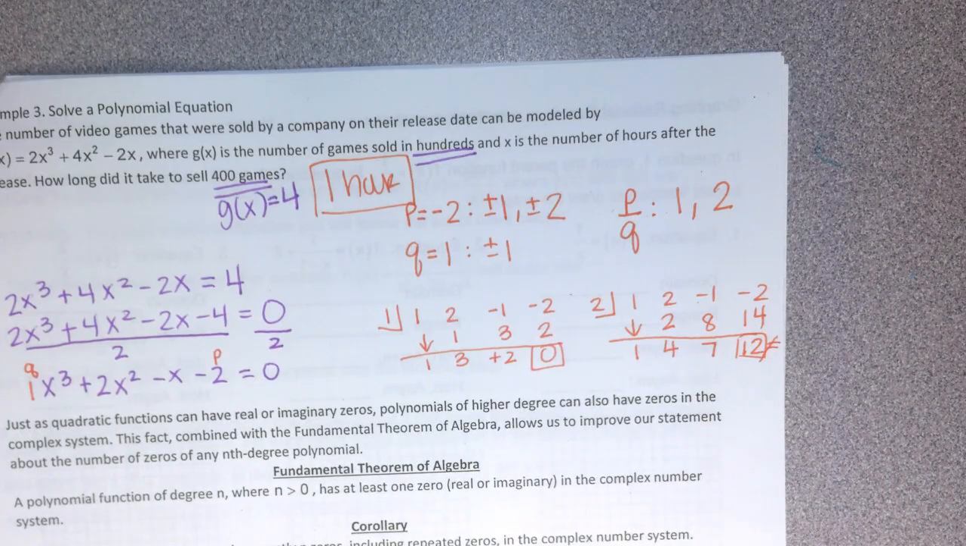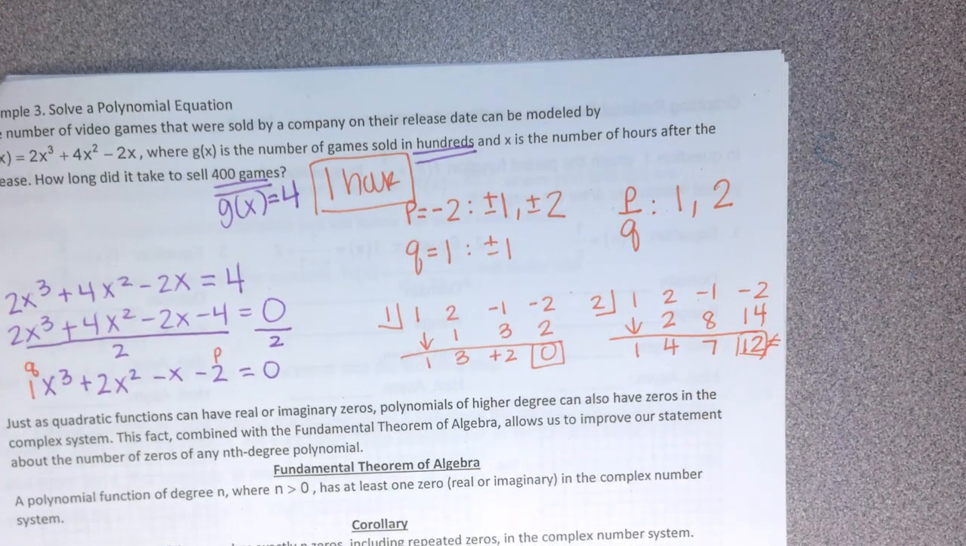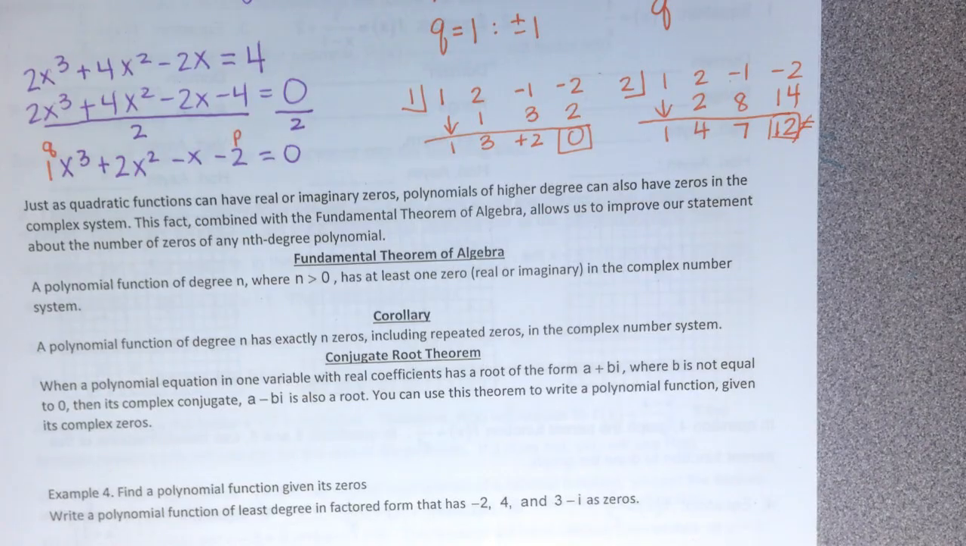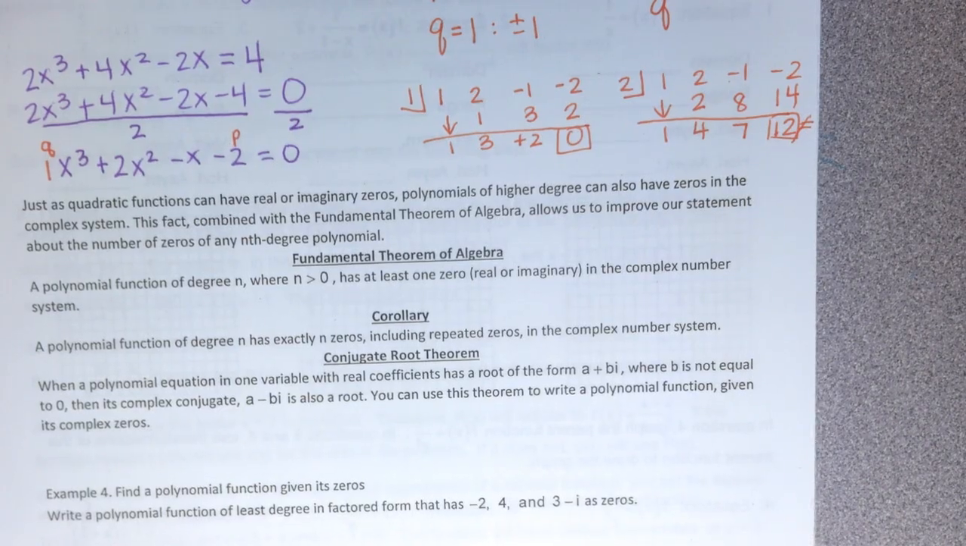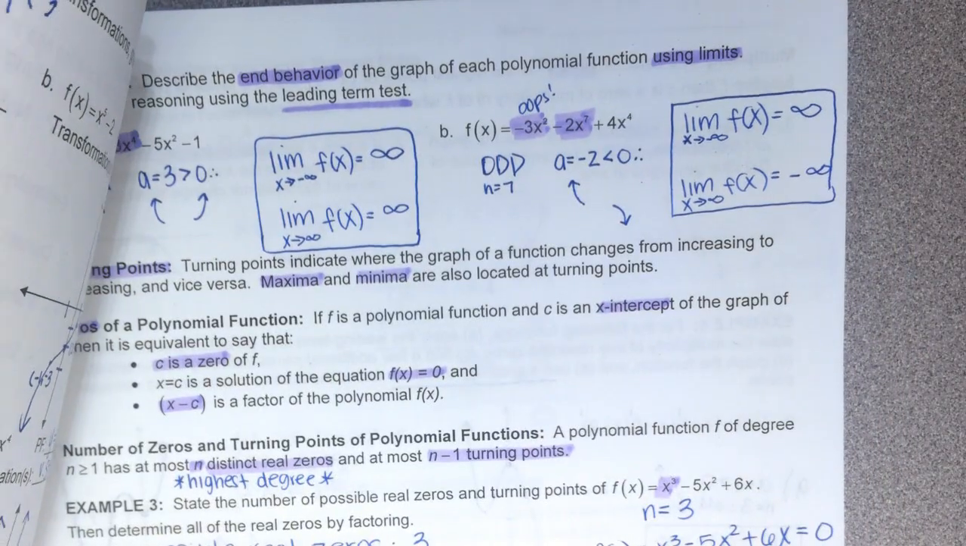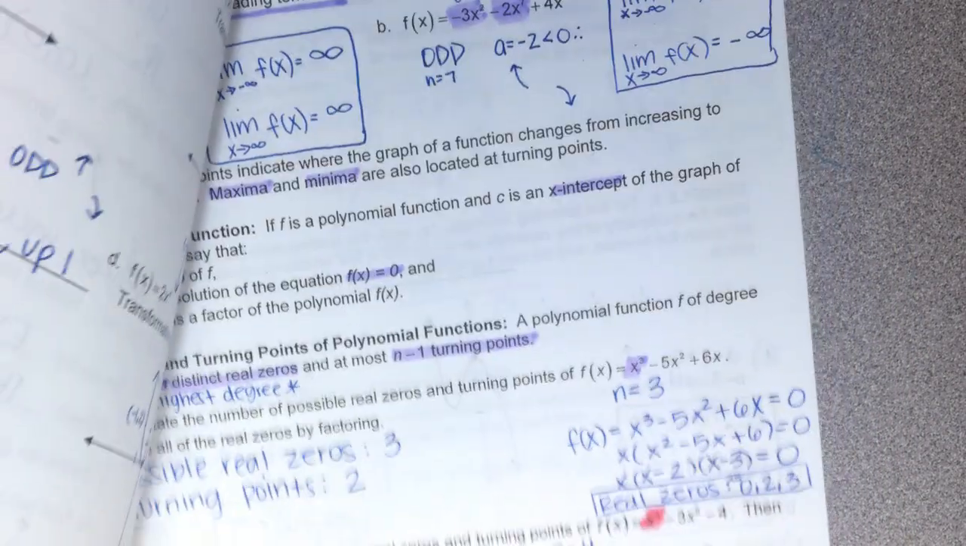All right. Last but not least, I want to talk about the fundamental theorem of algebra. So just as quadratic functions can have real or imaginary zeros, polynomials of higher degrees can also have zeros in the complex system. This fact, combined with the fundamental theorem of algebra, allows us to improve our statement about the number of zeros of any nth degree polynomial. So, if you go back to page 3, over here,